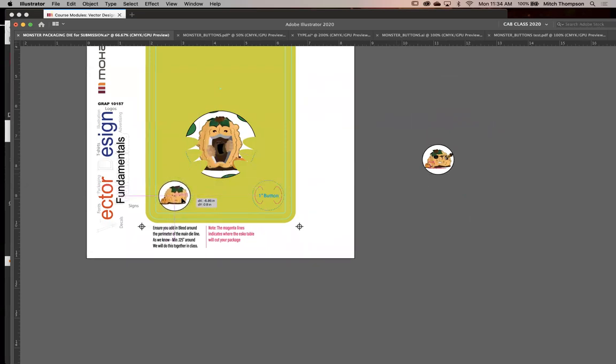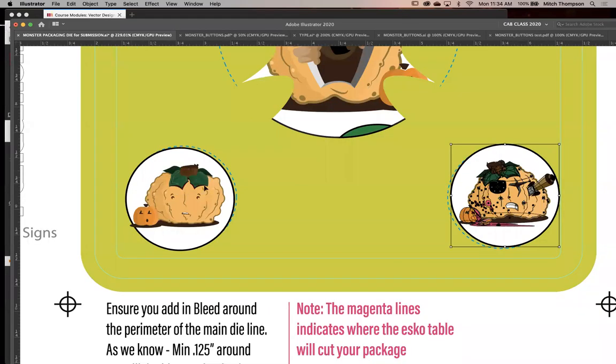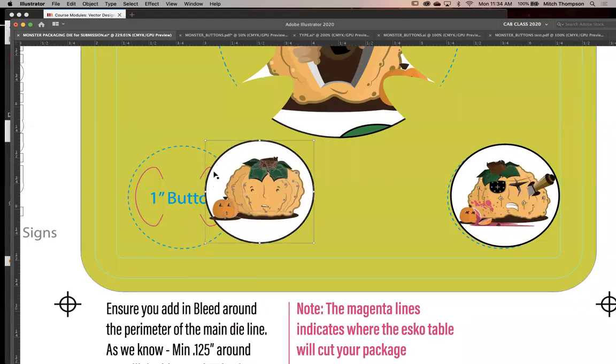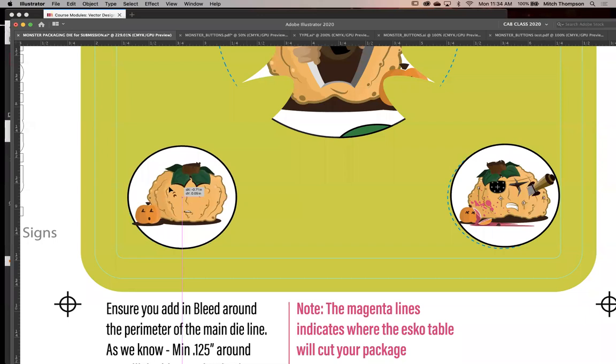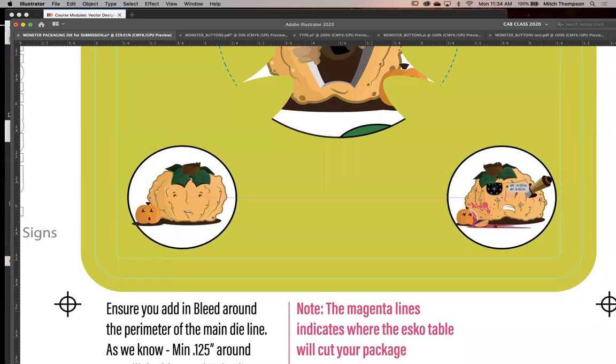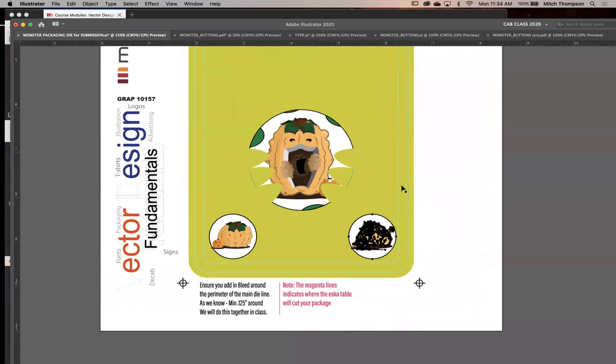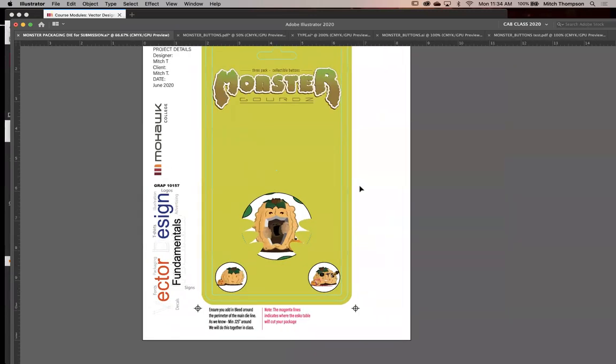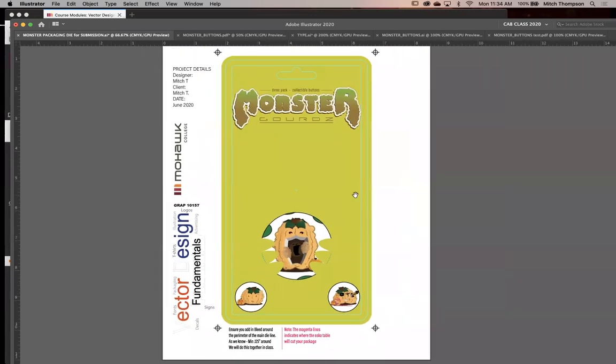That was really quick, but you guys can pause or do what you wish to get that to where you want it to be. Okay, so I'm just going to place that like so. Remember, these are just previews of where they are going to be. And that looks good. All right. So now